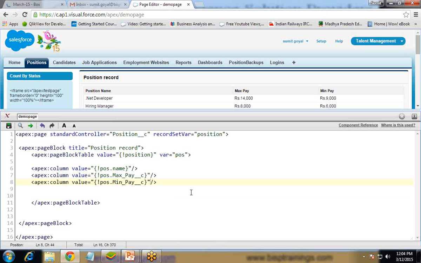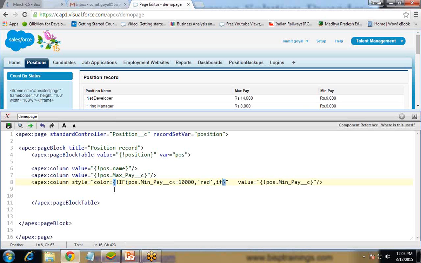So here I write style, and in style I write color colon, brackets open and close, then I write if pos.Min_Pay__c less than or equal to 10,000, it should be marked in red color.